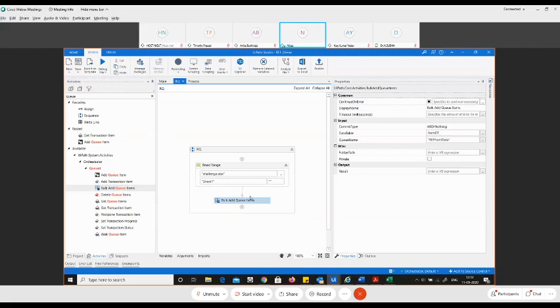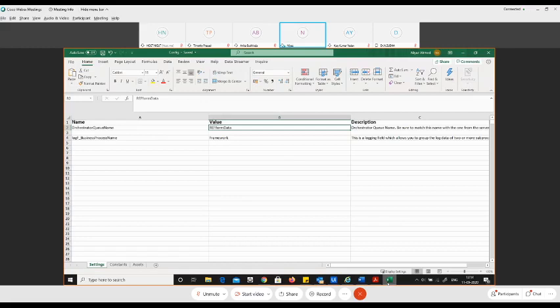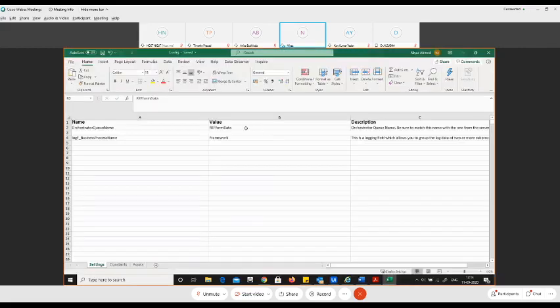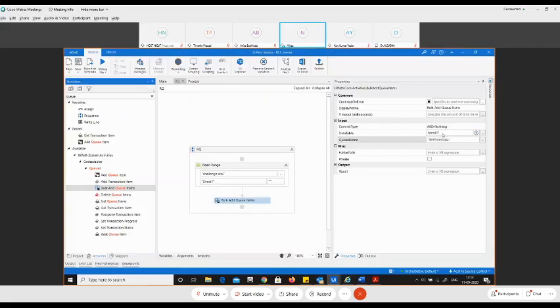Over here, all you need to do is you need to mention where you are going to store that. So what is the name that we have given over here? It says form data. Is it the same queue name over here? Yes. So just for simplicity, I'll just copy this again and I'll paste in the Excel sheet so that we're not missing any casing over here. Okay, and let me save this. Fine. So this is the queue in which we will insert all the values from the Excel sheet.